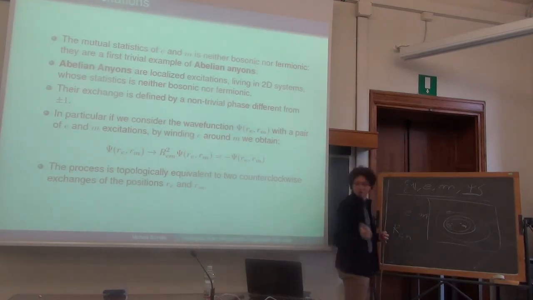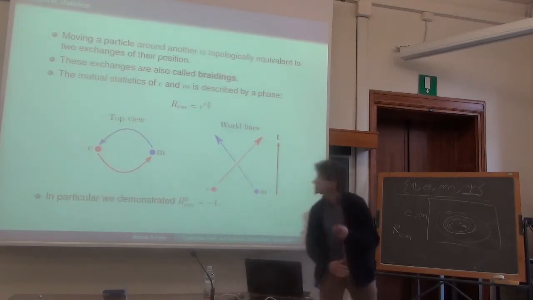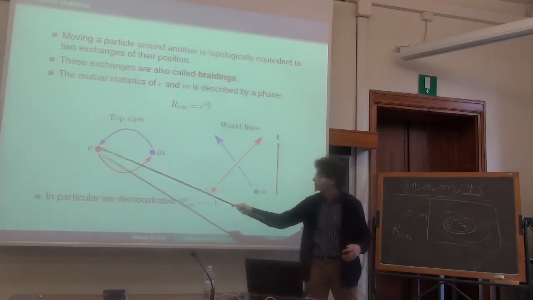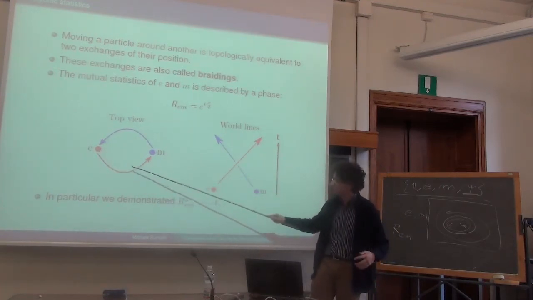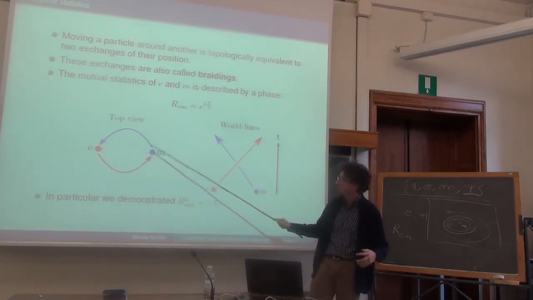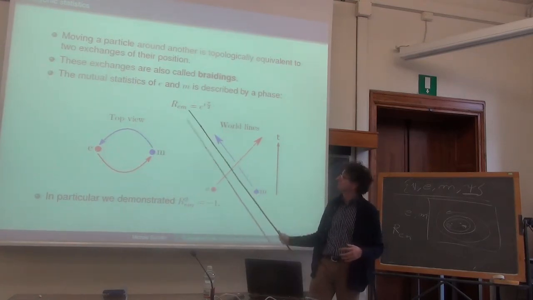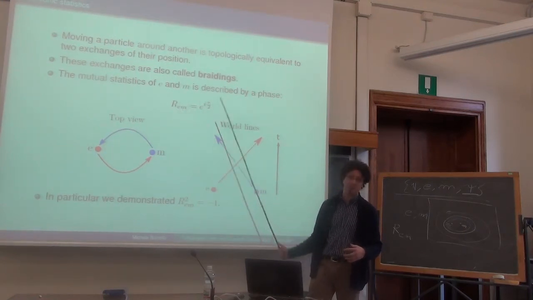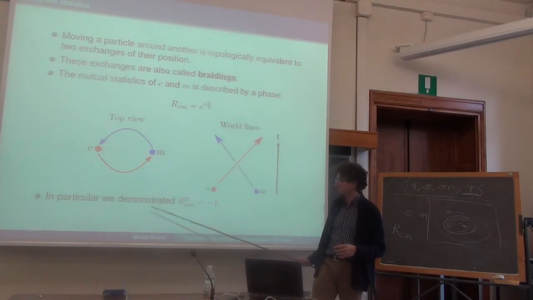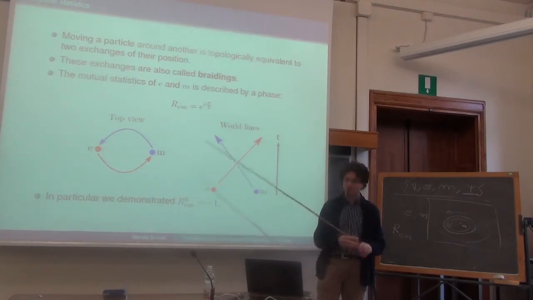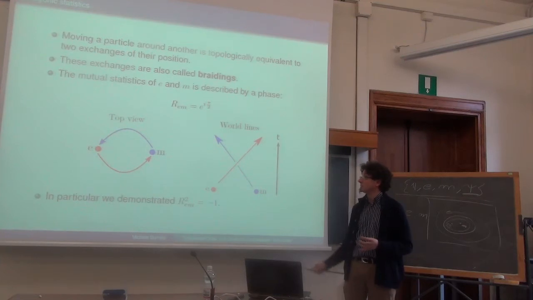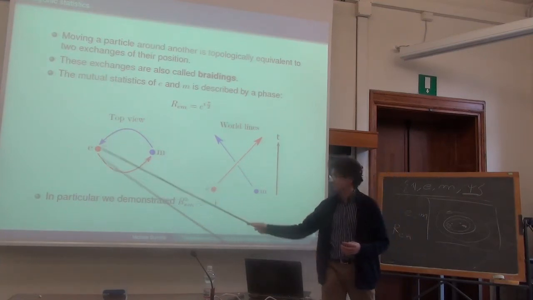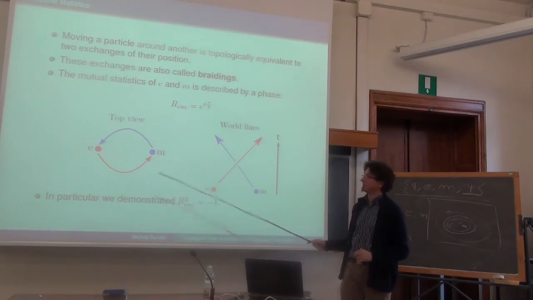R_EM, which amounts to exchanging the position of an E charge with an M charge. So if you look at the plane, we are moving with these string operators approximately here and there, and I want to understand what is the phase that I acquire in this process. And we already demonstrated that twice this phase is a minus sign, which is -1 due to the anti-commutation of X and Z operators. By the way, here I am representing the system by looking from above at the plane,